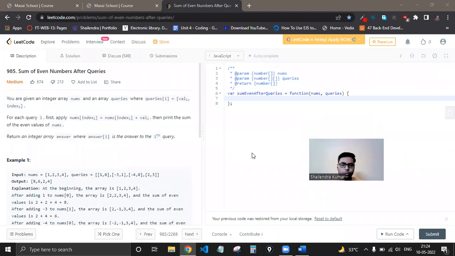Hi, so today I'm going to share my approach to this question, Sum of Even Numbers After Queries, from LeetCode. Okay, so this question says that